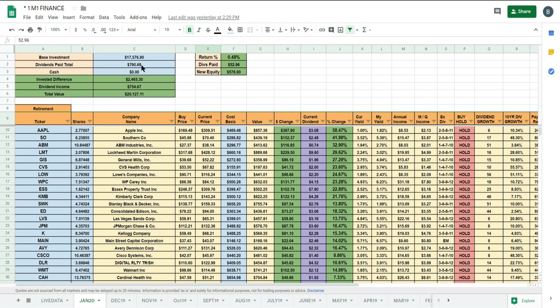Here is the month of January. Our total base investment, which is just how much we've actually added into our Roth IRA, was sitting at $17,576.90. Our total account value was at $20,127.11. That was an invested difference with the market gains and dividends that have been reinvested of $2,465.30. Now, the total dividends that have been paid out since inception of January 2018 is roughly